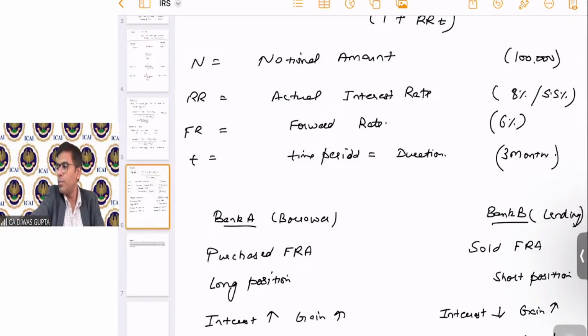Now the notional amount became the actual borrowed money. Guram is asking, notional amount became the actual borrowed money. Then can we call borrowing money instead of notional amount? Yes, Guram. So notional amount is equal to the borrowed money. Why? Because to achieve a complete hedge, you will have to make sure that your notional amount is equal to the borrowed money.